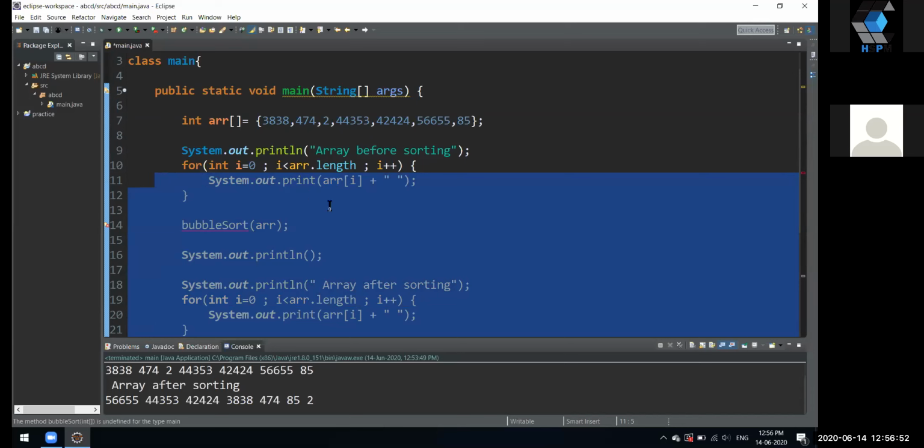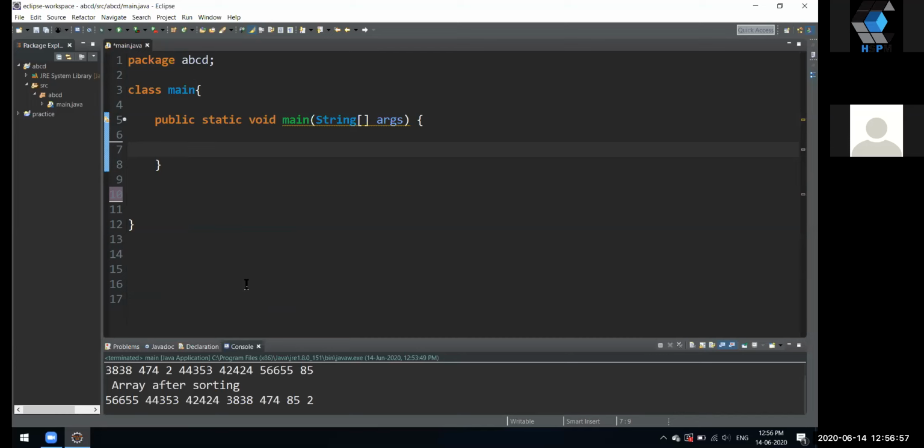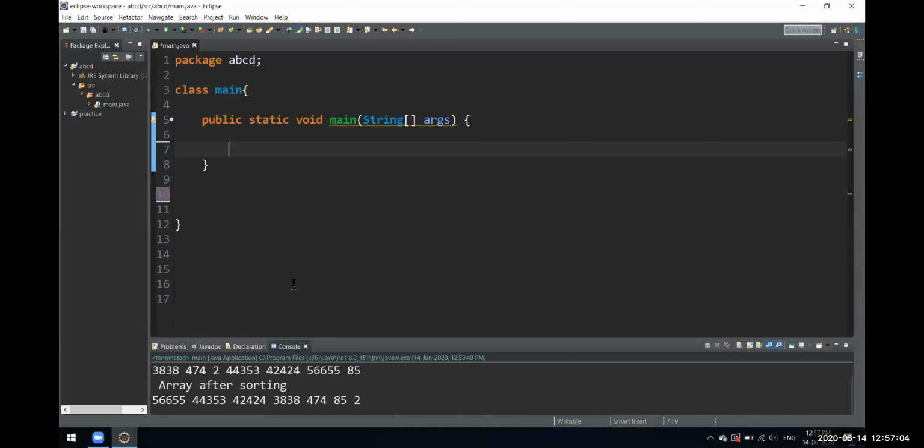Let's just remove everything again and start with a fresh algorithm, the new algorithm we'll see now. We have this one more algorithm called insertion sort. I'm doing this because this would make your logic more clear and improve problem solving skills. If you have some bigger programs, you can use these kinds of algorithms. This would make your work very easy. So learning this is, I would say, very important.